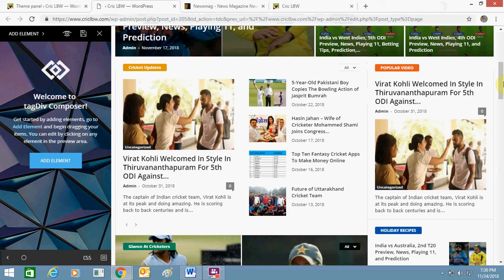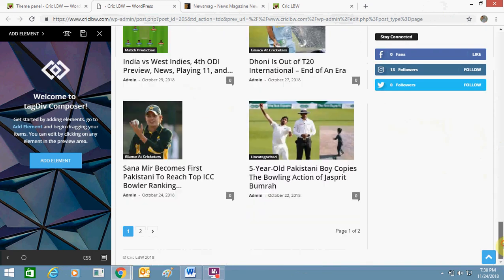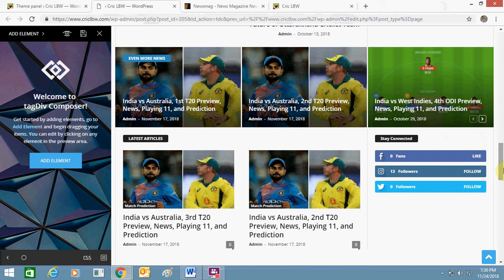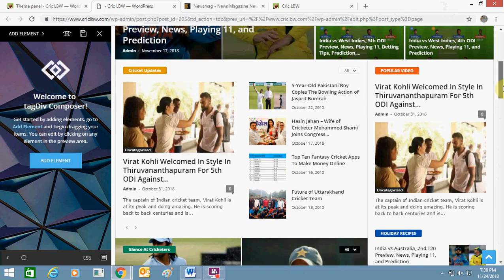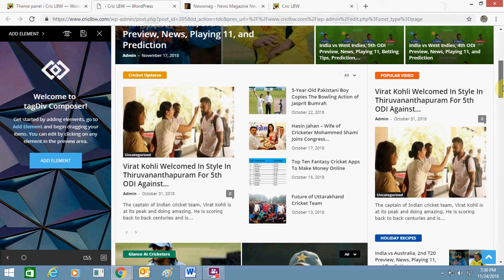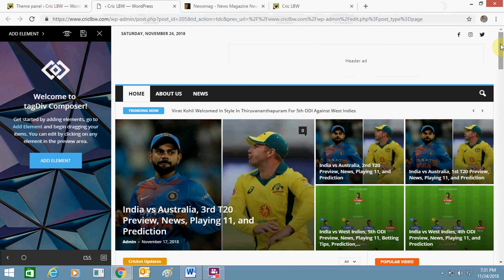So these are two areas which are beneficial in this theme, and there are many other themes as well which provide similar options. So you can design a beautiful website, and you don't need to learn any HTML, CSS or PHP coding for this. So I think I have resolved the issue for you, and if you face any problem, just let me know.